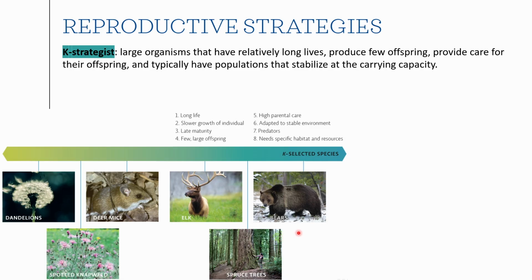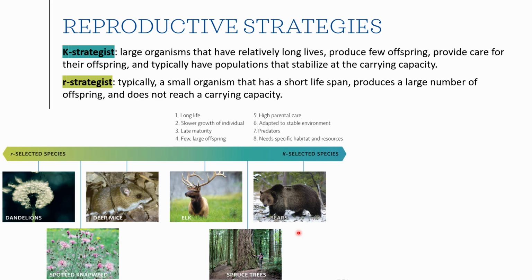Now, the other strategist is called an r strategist. That's not a typo. It is important that r strategists are given a lowercase r, because these organisms don't really stabilize at a carrying capacity. What they're trying to do is maximize their population growth rate, or r, and that's why they're given this designation